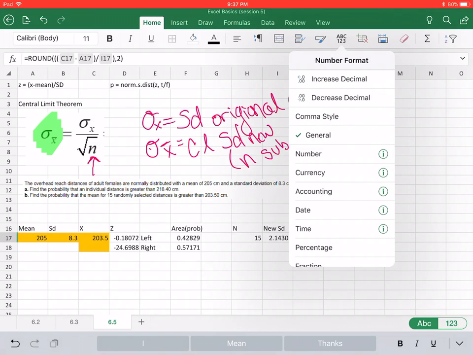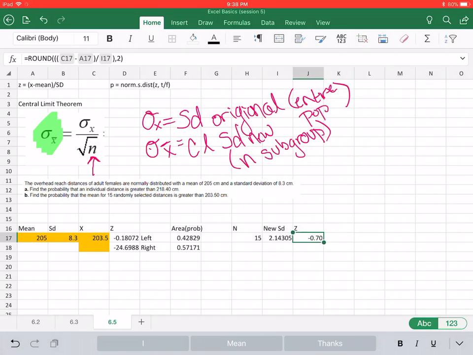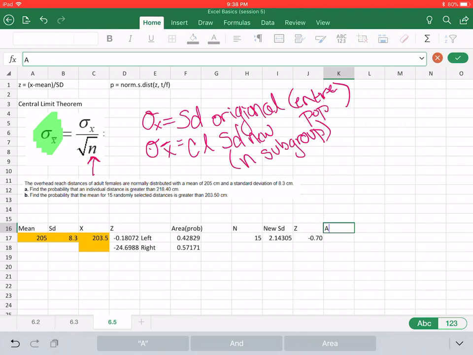But you can click your ABC, and in that general one on your laptop, there's that number section that I was talking about in a previous video, there are these same 2 buttons here, the increase decimal and the decrease decimal, that you can use. So if I increase the decimal, it'll show me that second decimal point, which apparently was 0. So then we're going to find the area of the probability,